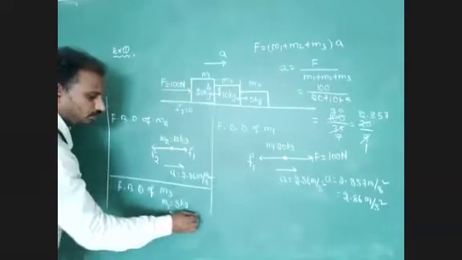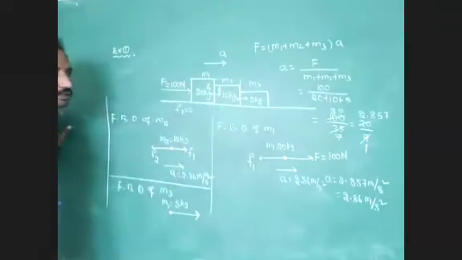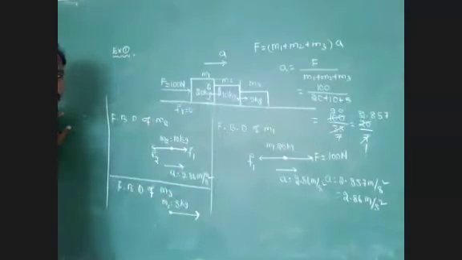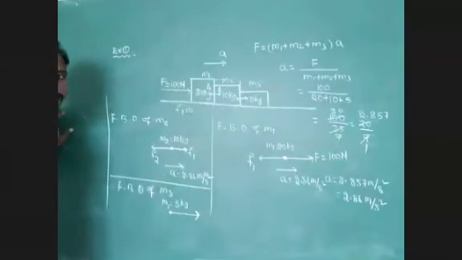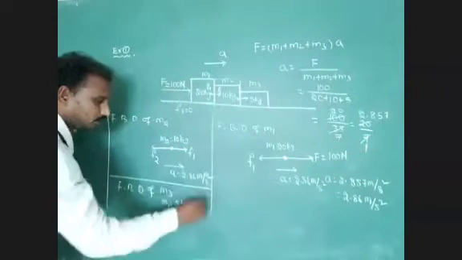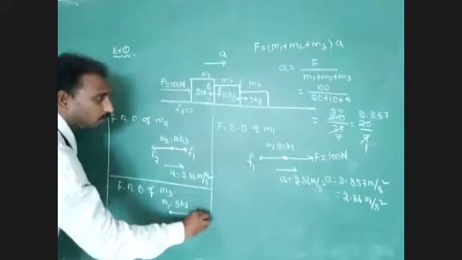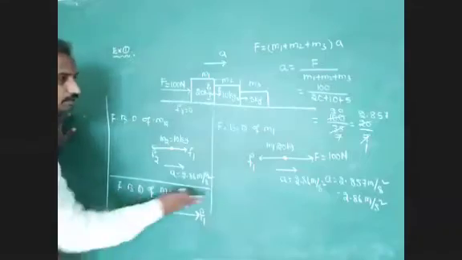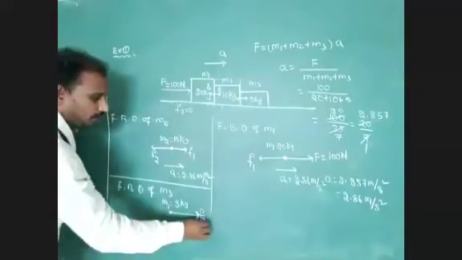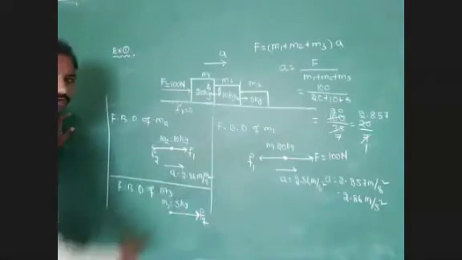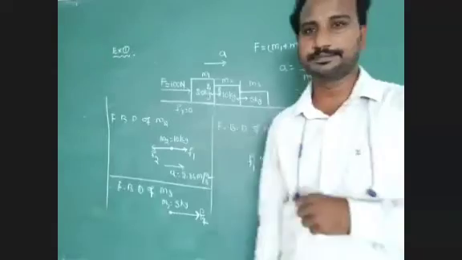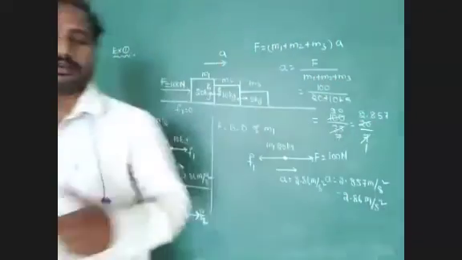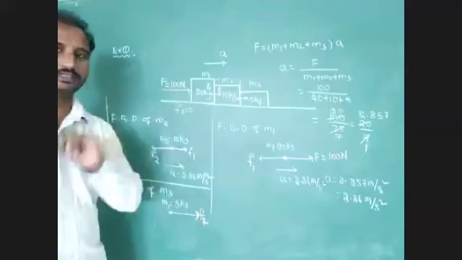What is the direction of the external force? Direction of contact force is in the forward direction. This force is provided by M2 on M3. Yes or no? So we have to represent this point. F2 direction, which direction do we consider? In the forward direction. Another external force is not acting on M3. Here we only have to consider one external force.